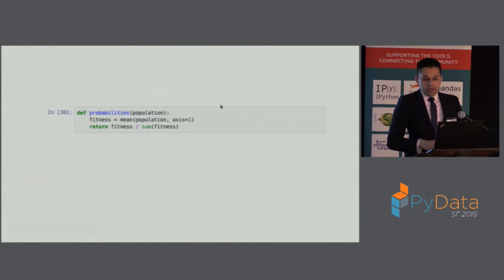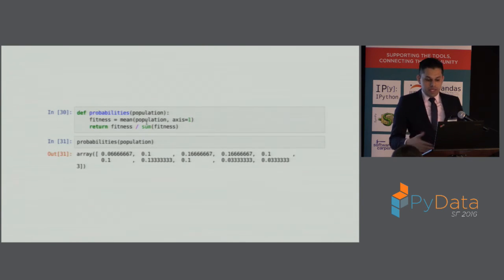If we want to generate the probabilities, again, the code is much simpler. We just take the mean across an axis. So previously in the code, we had to do an explicit looping. Here we can just use the axis mechanisms in NumPy to perform the mean just across the rows, and then divide those with an element-wise computation by the sum of all the fitnesses. And so you can see here are all of the fitnesses